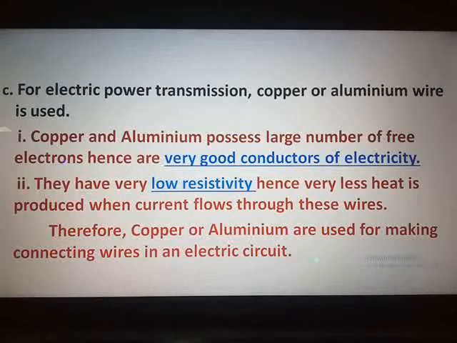Now give reason number 4 is omitted. As you all know, it is a question based on the removed part of the syllabus. In practice, the unit kilowatt hour is used for the measurement of electrical energy. You know, on page number 49, that blue colored block, always remember that part they have removed from the syllabus. So we are not going to deal with that. Now we start with question number 8.